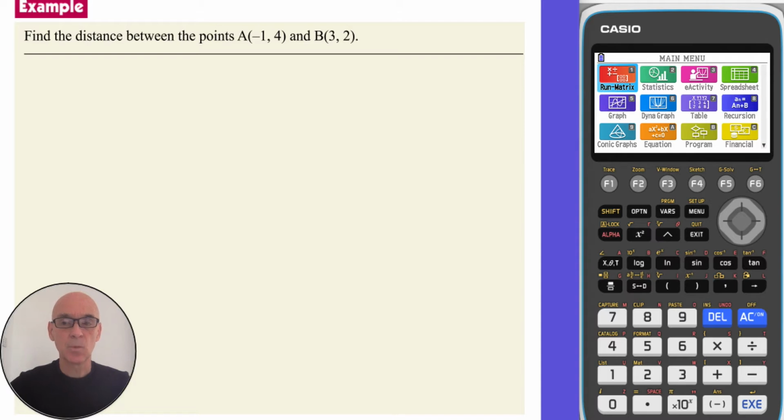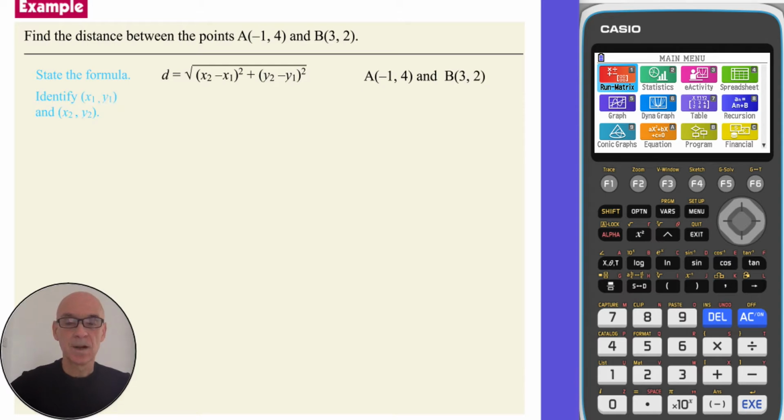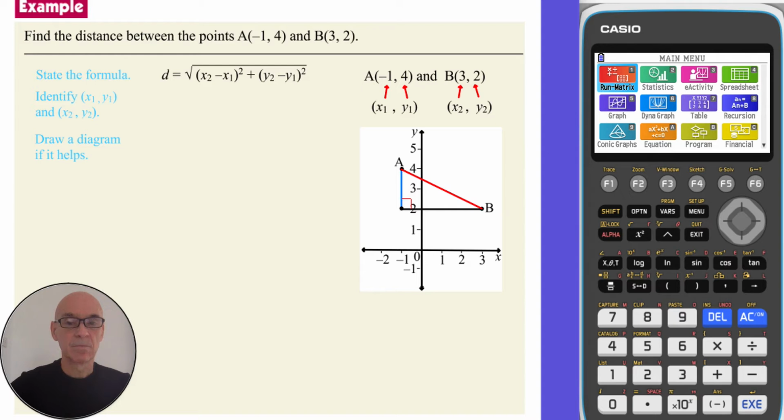In this question, we have to find the distance between the 2 points given. So we start by stating the formula, and then identifying the points. If it helps, you can draw a diagram, as shown. And if we substitute the values into the formula, simplifying the calculation,